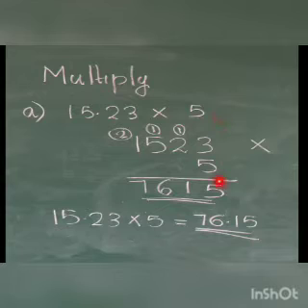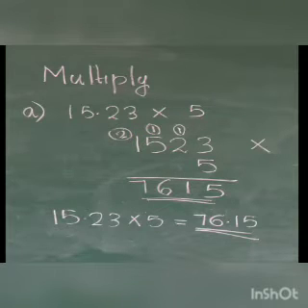What do you get as the product? 5 3s are 15, carry over 1. 5 2s are 10, plus 1, 11, again carry over 1. Then 5 5s are 25, 25 plus 1, 26, write 6 here, 2 carry over. 5 into 1 is 5, plus 2, 7. So what answer did you get? 7615. So you got the product 7615. Now check the question. Here you have one decimal number. 5 is not a decimal number. In the given decimal number, after the decimal point, how many places do we have? 2 places, that is the 10th position and the 100th position. Only 2 places after the decimal point.